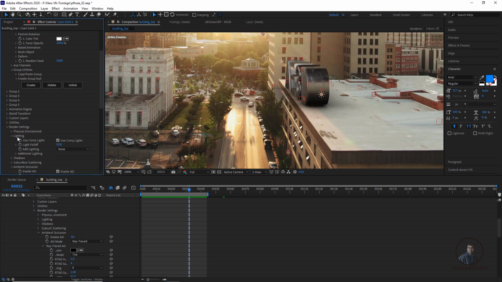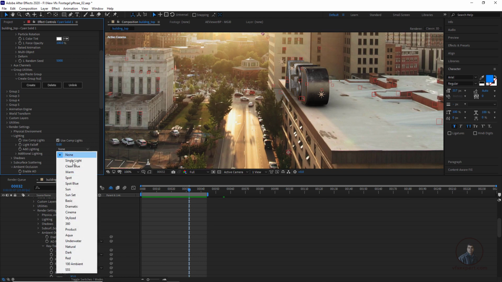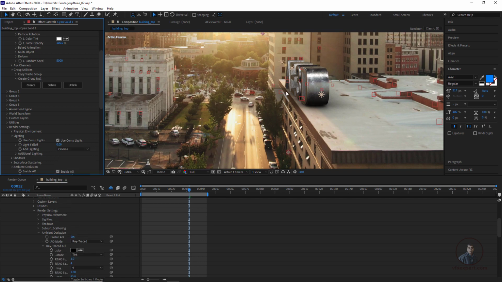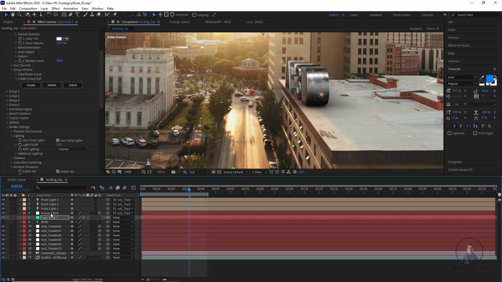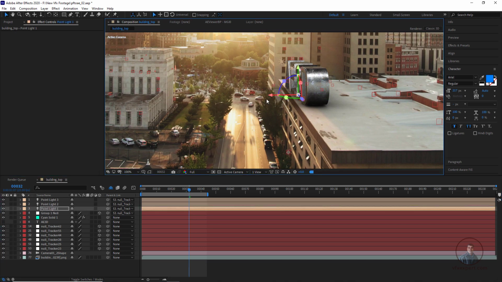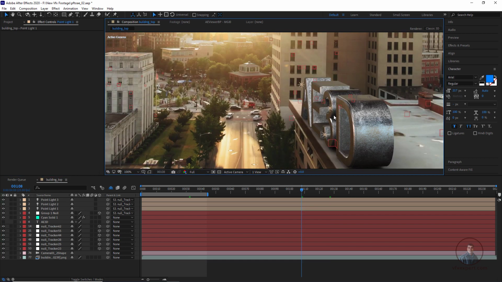In our lighting environment, just select any light here. Now you can see, we also have to adjust the light position a little bit. So just select this light and move the playhead a little bit. In our close up area we can easily focus. Now we just have to adjust our light.